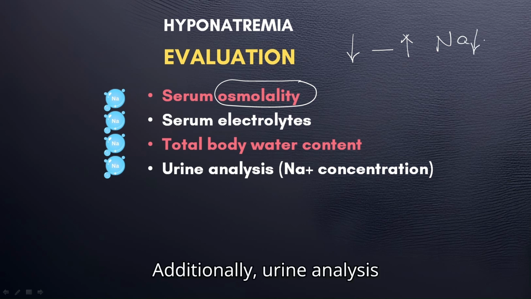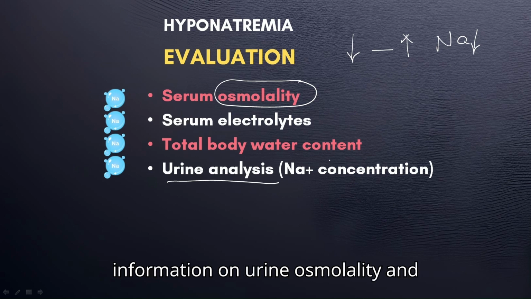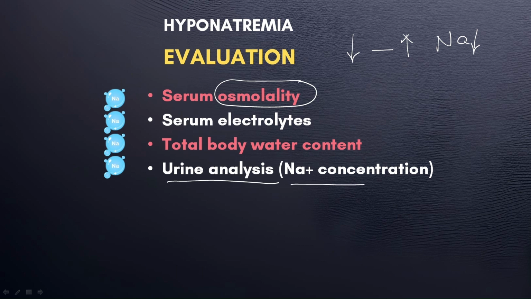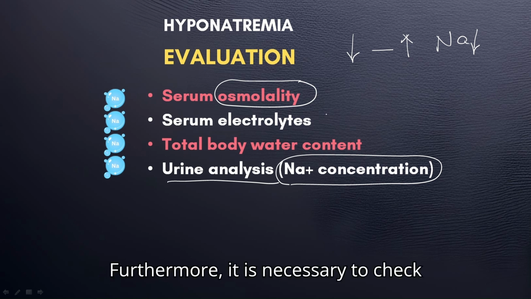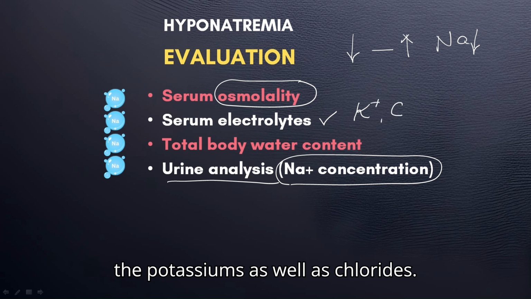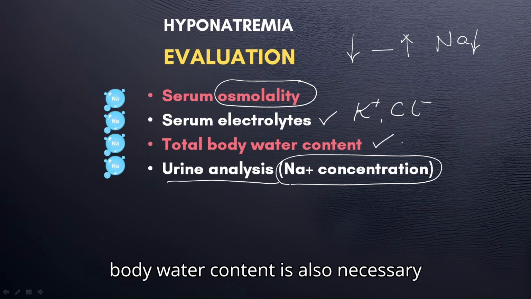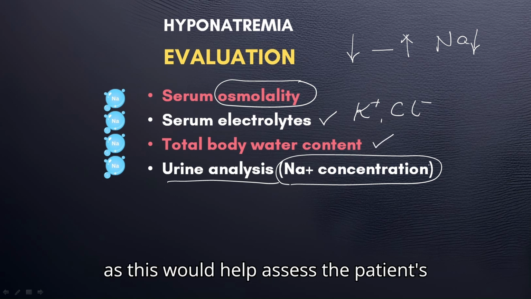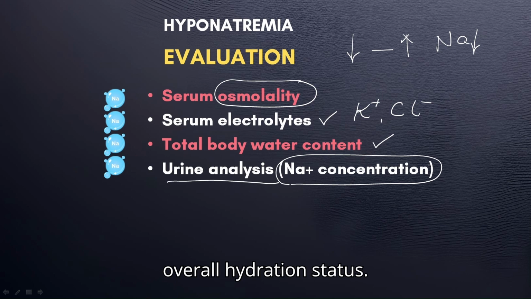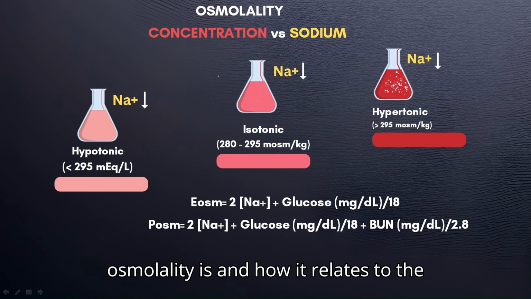hyponatremia. Additionally, urine analysis is also essential as it provides information on urine osmolality and also the urine sodium content as well. Furthermore, it is necessary to check serum electrolytes, and this would include the potassium as well as chloride. And not only that, the total body water content is also necessary as this would help assess the patient's overall hydration status. Now we'll take a closer look at what osmolality is and how it relates to the